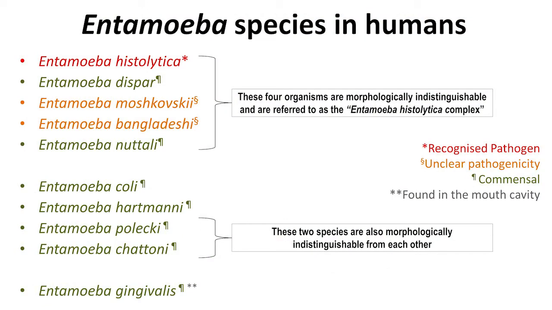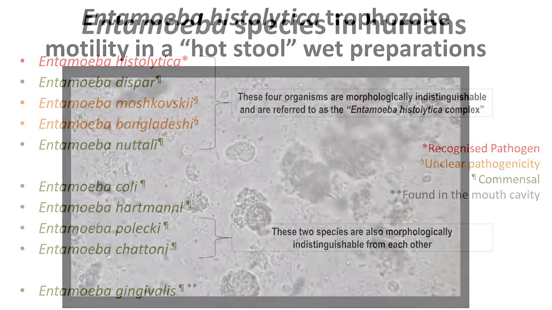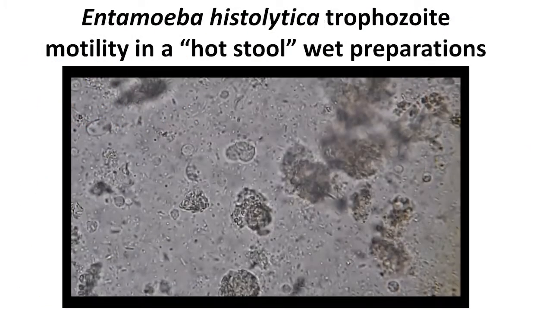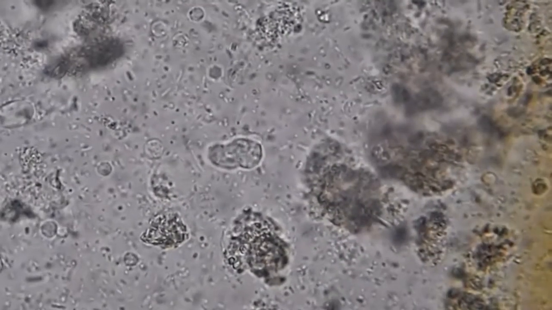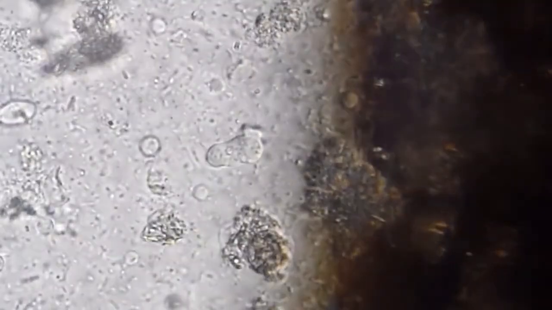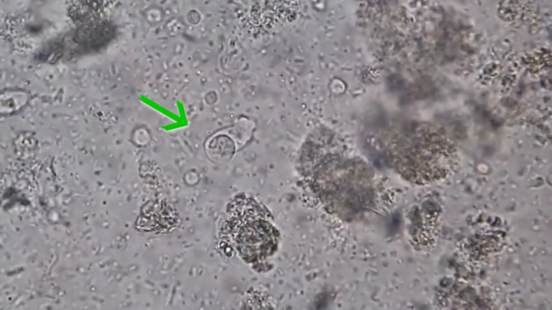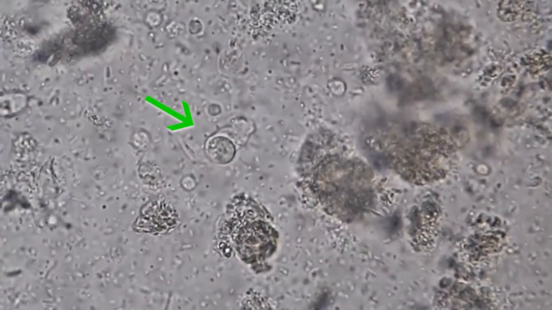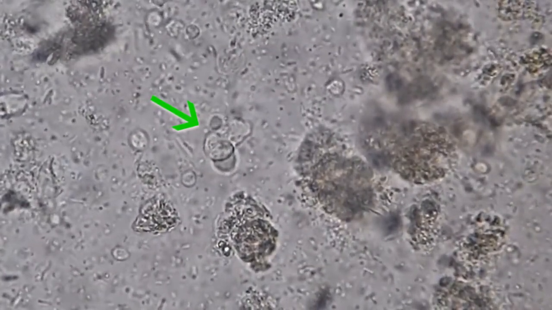Now, there's something called the Entamoeba histolytica motility hot stool test. And I want to show you what we're looking for there, because when you do these things normally, you don't get to see the motility of the protozoa. Here is film, which I took from a child with amoebic dysentery in West Africa, of an actual Entamoeba histolytica moving in a slide. So this has just been filmed with a camera down a microscope lens, and you'll see this lovely